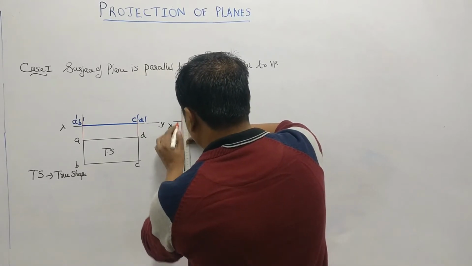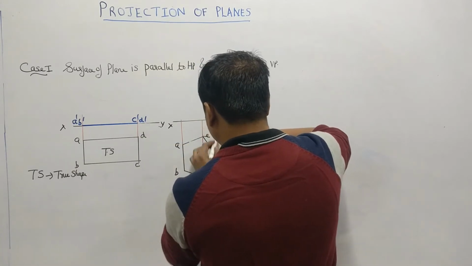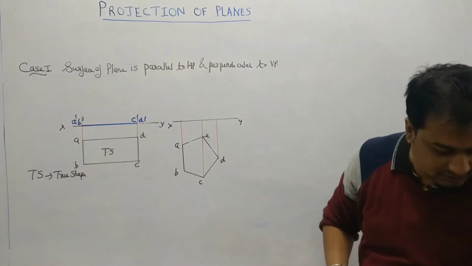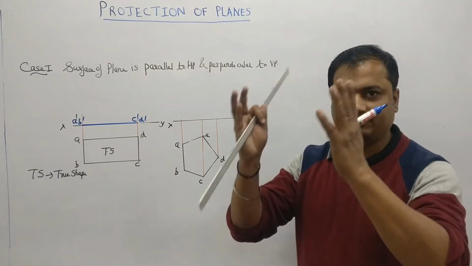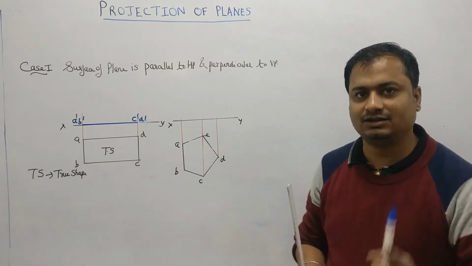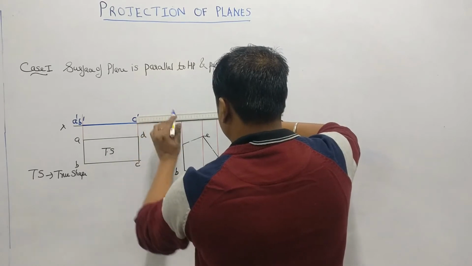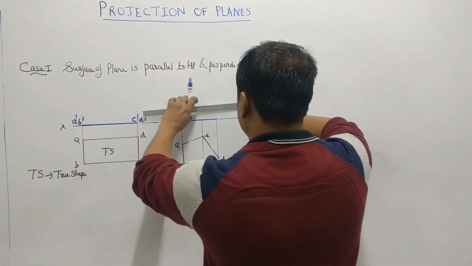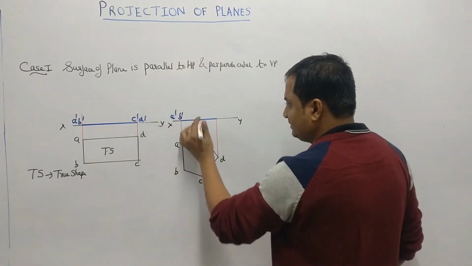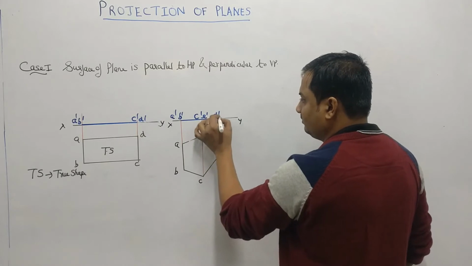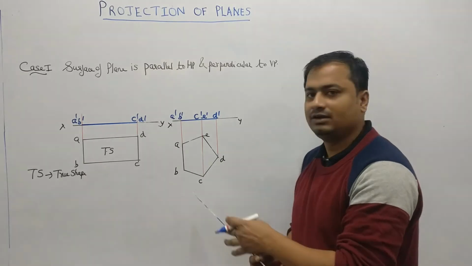Again I will be taking that line. These are the projectors, the red color which I have marked. As we have already seen in the last topics, a projector just connects the front view and top view. A projector is a light line connecting the front and the top. I have taken the front view on XY itself. So this is my front view. The names are A dash B dash, C dash, E dash and D dash. So this is the case for the plane parallel to HP for the regular pentagon.